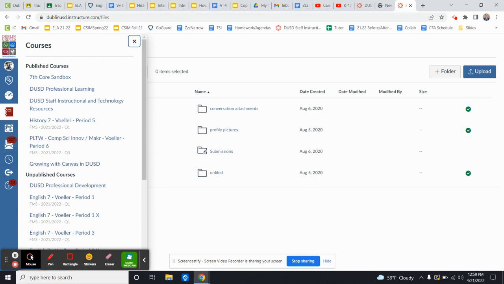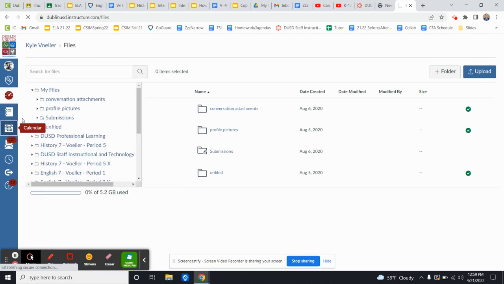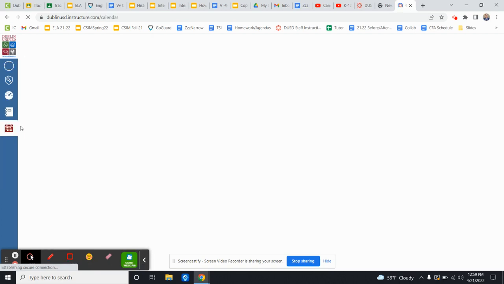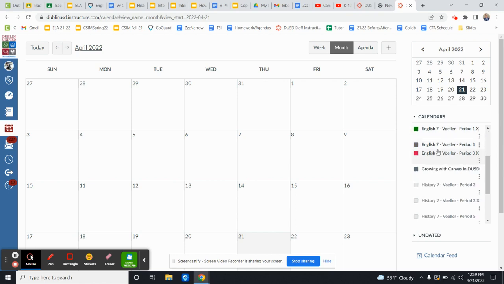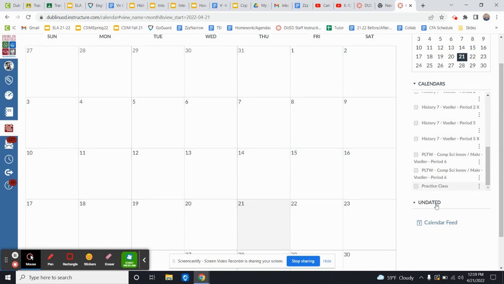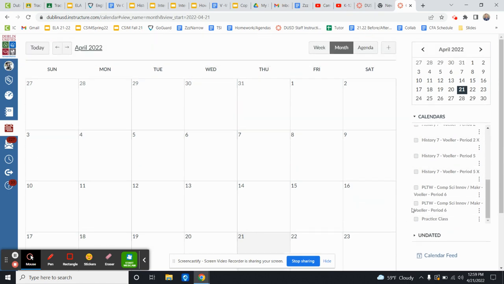Okay, so that's courses. Underneath that is calendar. This could be very useful to you depending on what kind of workflow you enjoy. So you can see this is a visual of my calendar right now without any of the assignments I have going on or any of the tasks going on within my Canvas courses. If I scroll down to the bottom and find one of the classes I'm offering, so for example, my elective class that I'm working on here, PLTW for Computer Science Innovators and Makers, once I click that,